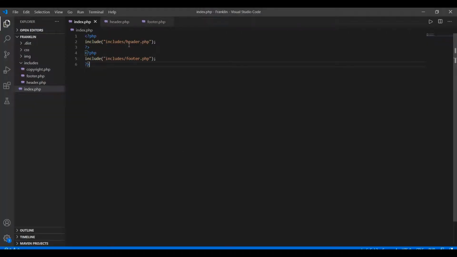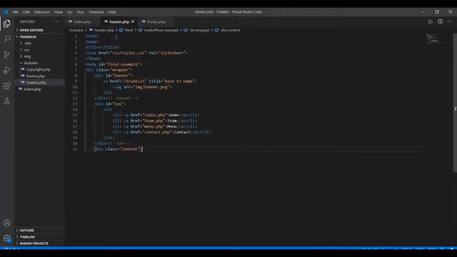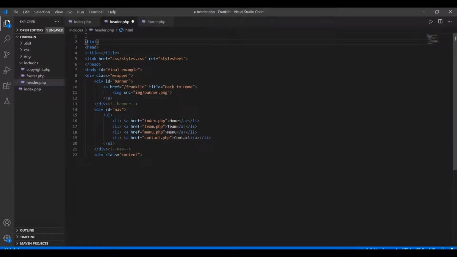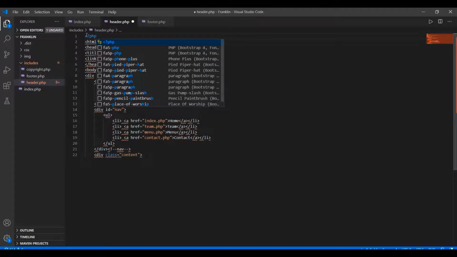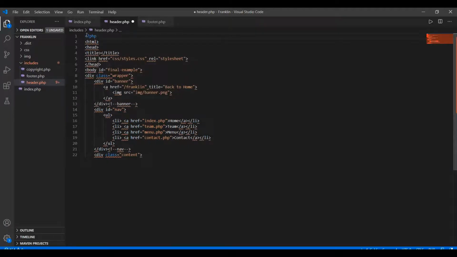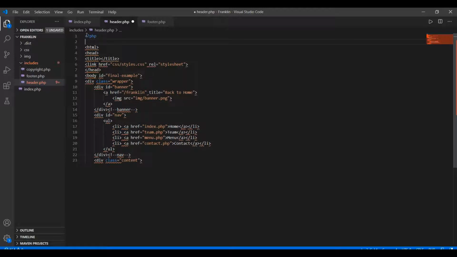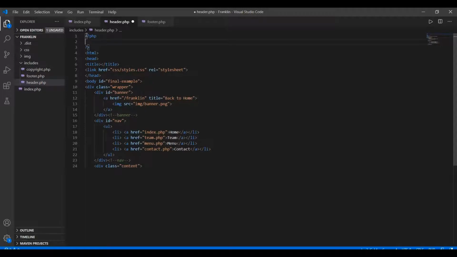In order to do that, I'm going to open my header.php file, and in the header.php file I'm going to write some PHP script at the beginning of the file.